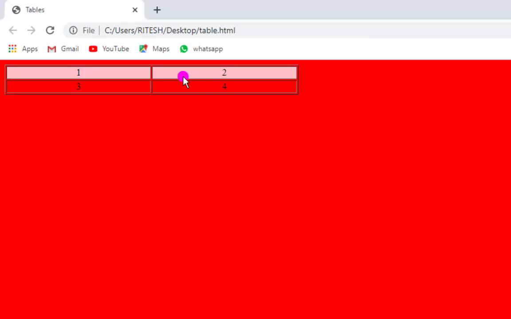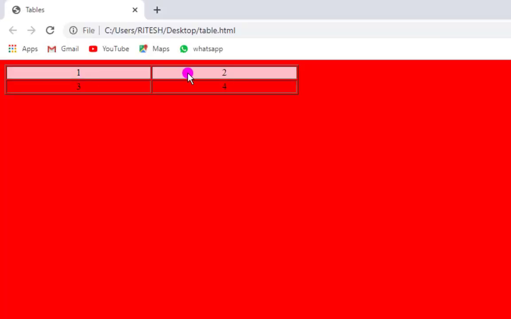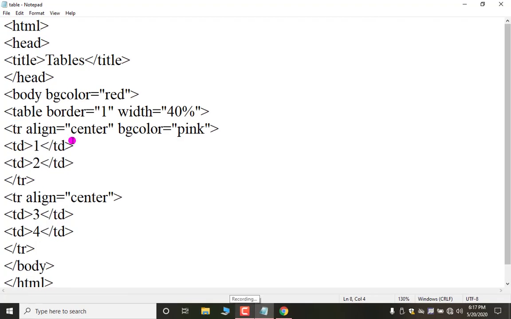Now you can see in these first and second cell, the bgcolor is applied. As I have written this bgcolor in this TR, if you say we want different colors in this one and this one, in this cell I want a different background color, so you have to write this bgcolor equal to, suppose I want green, double quotes close, and in this I want bgcolor equal to yellow.